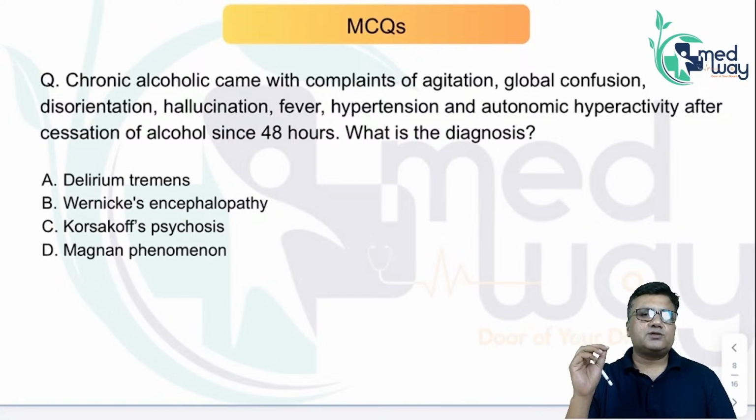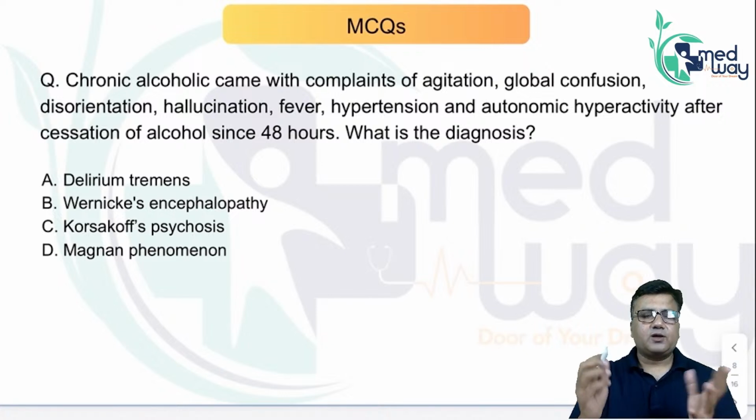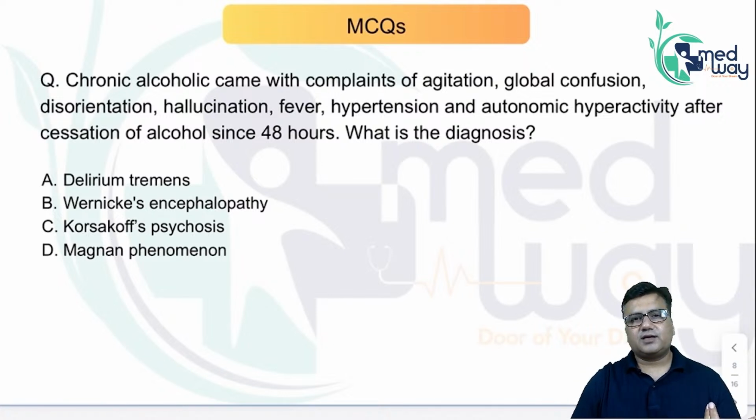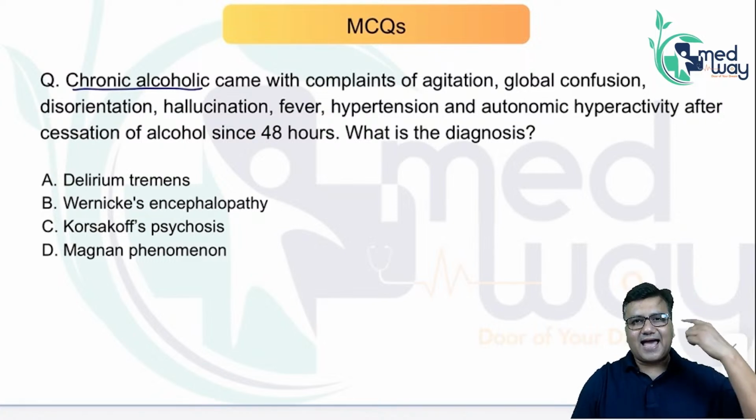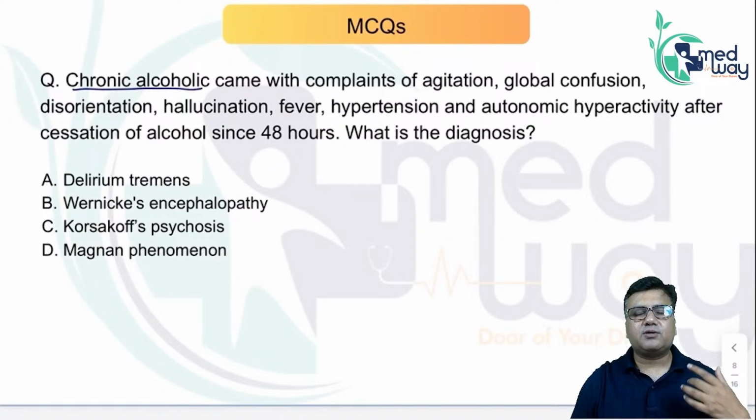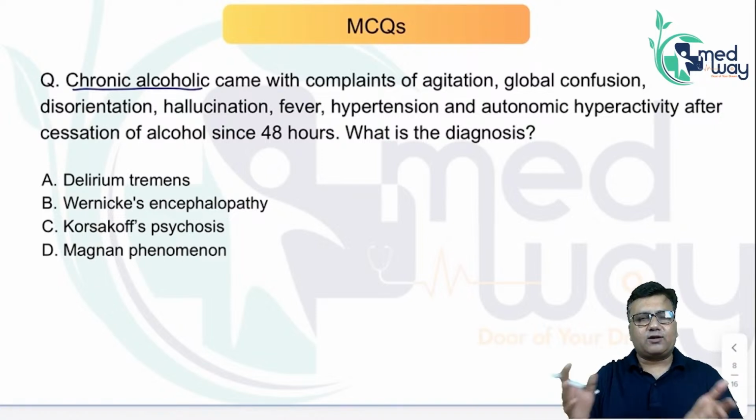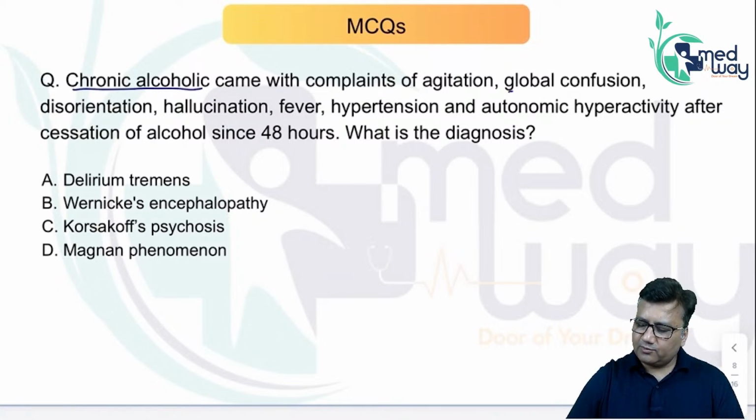If you read the question correctly, a lot of clues are given there. First, it is a chronic alcoholic. So, when the person is a chronic alcoholic, he has to have certain cerebral signs of chronic alcoholism, risk of psychosis,